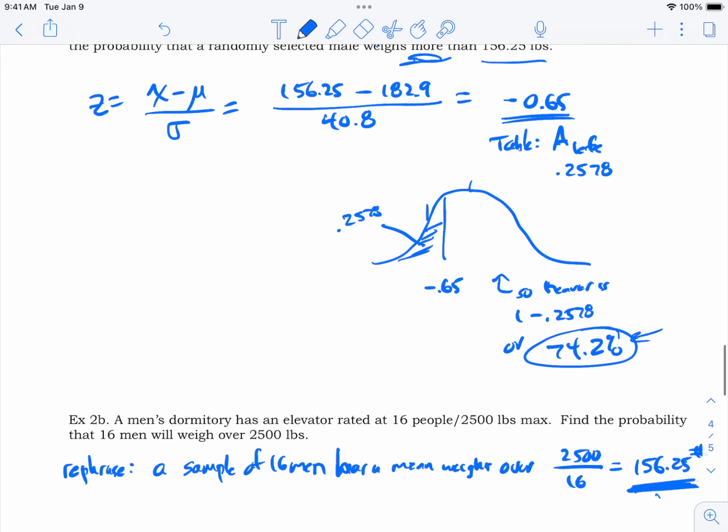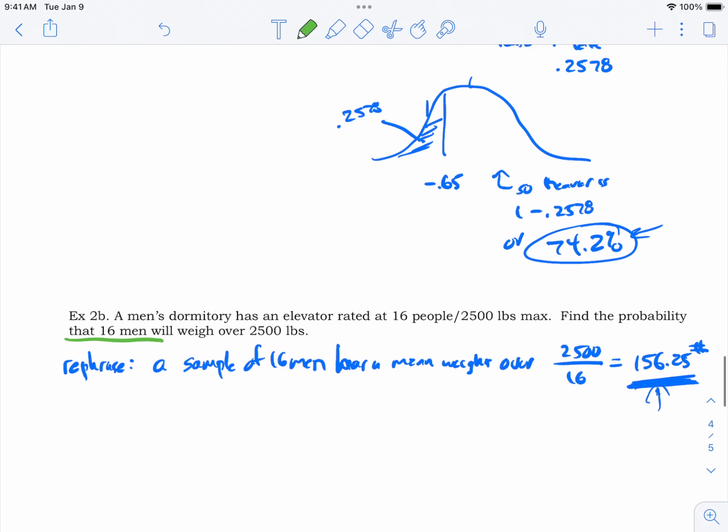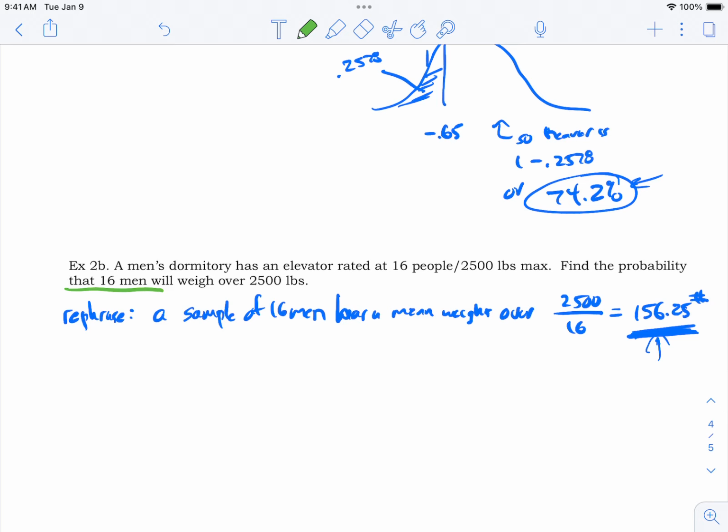What's the chance that the whole elevator, that 16 people in an elevator, 16 men in an elevator, is going to weigh more than this? Is it also 74%? Are we done already? No, it's not, because this is different. This is a group of 16. So when you have a group,